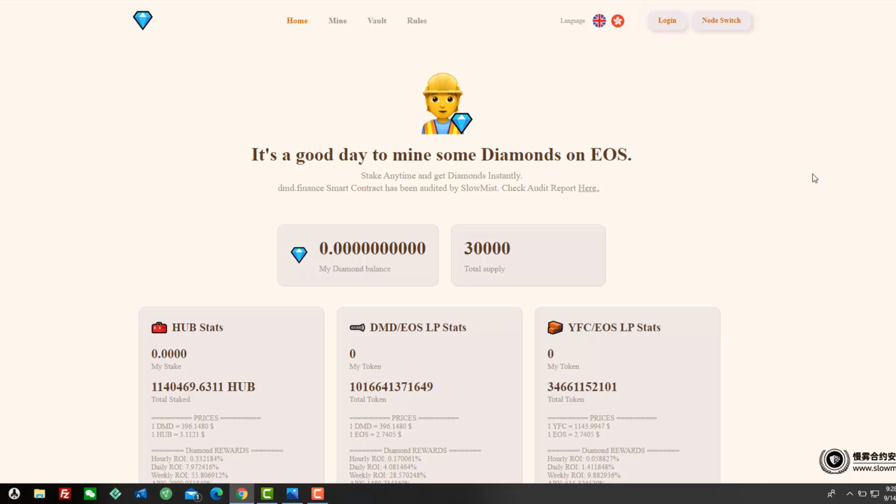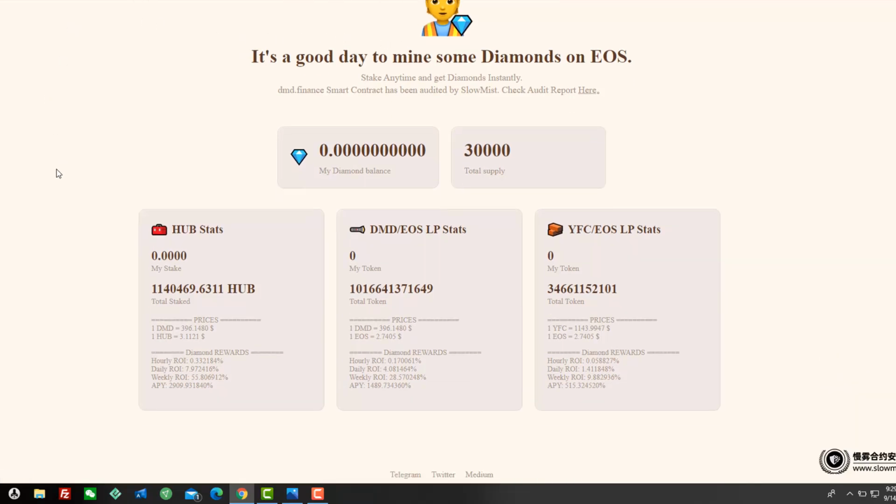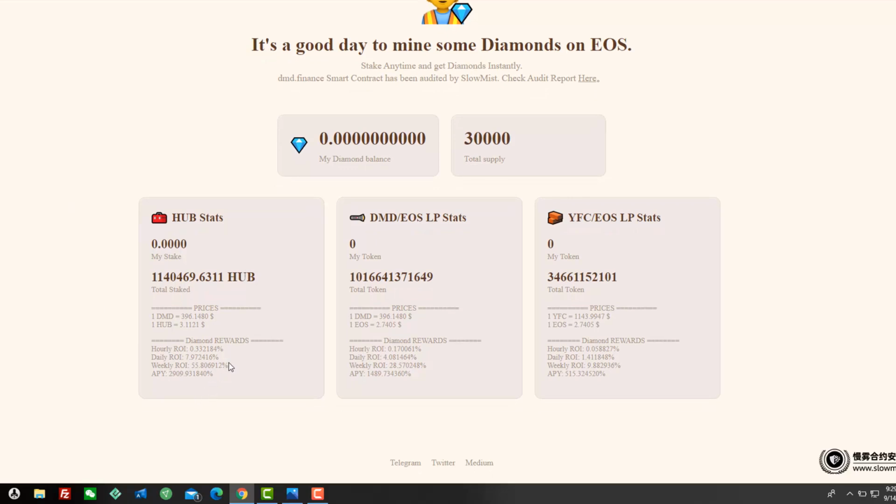As you can see down the bottom here, you can see SlowMist. So this one has been audited, I believe, by SlowMist. Whether that's true or not, I don't really know too much about this one. I'll admit it. ROI is about 55%, and they're basically farming the native token. So it's extremely risky.